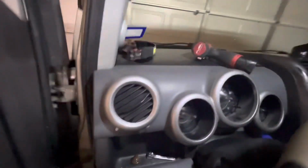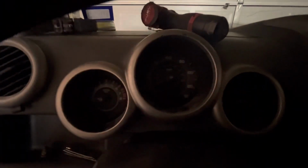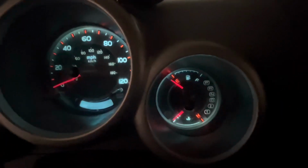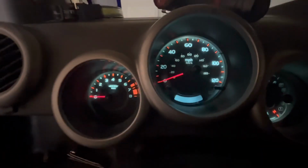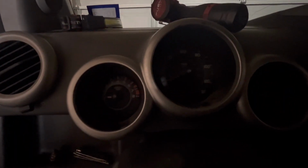Alright guys, when you're done putting it back together, it should look back to normal. But now the difference, let me turn off the lights. Now, as you're gonna see, all the LEDs turned on. They're so much brighter than before. Now they're a white color instead of a yellow. So much better. And yeah, I hope it helps somebody fix this problem on their Element,